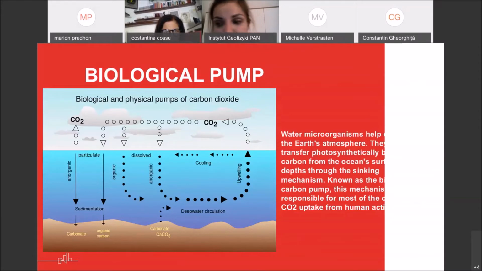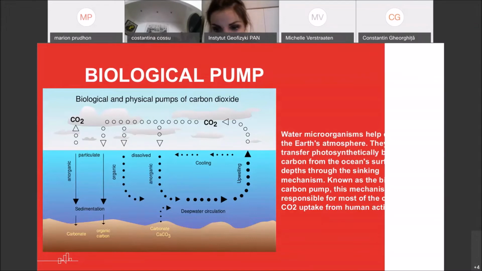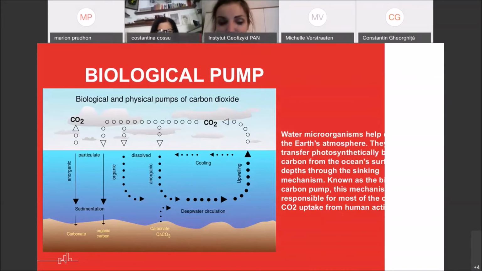And then, of course, as each and every other organism, they eventually die. And if they die, they no longer resist, and they no longer stay drifting in upper layers of water. They pretty much just sink. And when they sink, they reach the ocean bottom, and then they are stored in various forms. Actually, we can see that there are different types of this pump, like the so-called hard pump and soft pump. So if calcium carbonate is produced, then we say it's hard pump, and it's soft pump when it's organic carbon that's sinking along with dying phytoplankton. And as for the calcium carbonate, they are mostly those shells of different